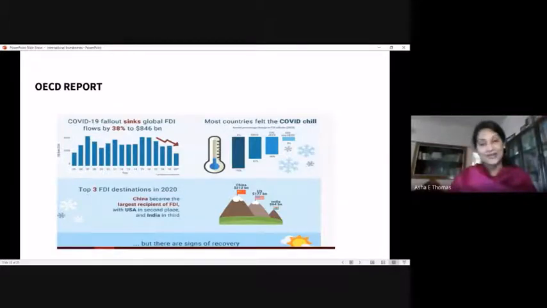From a country's perspective, this is very important for us. And here you can also see European nations had a dip of almost 73%, they had a huge dip. Then OECD countries went with 51%, G20 nations 40%, and G20 non-OECD nations had a 9% dip. So this was a picture published by OECD recently regarding the FDI flows during the recent period.